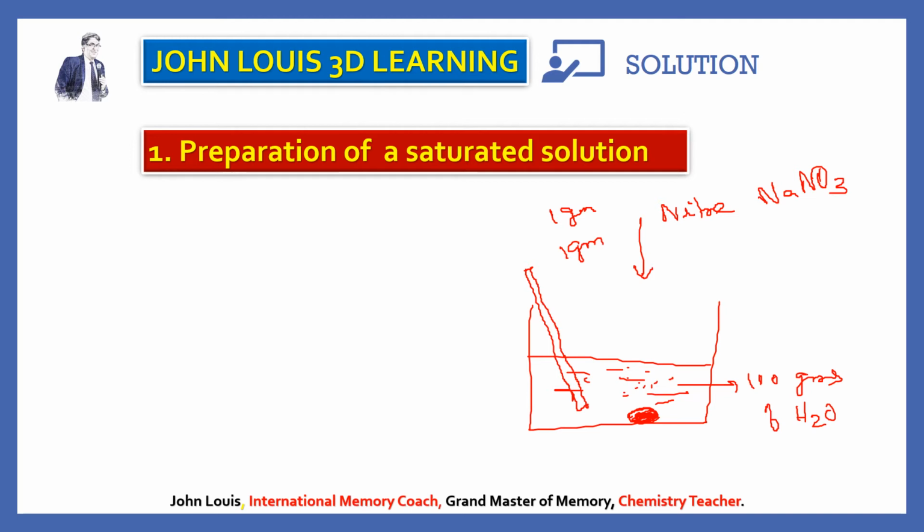So from this what we understand: take a definite quantity of a solvent, add a small portion of the solute and dissolve it by stirring well every time you add, and go on repeating the same process until no more salt dissolves. At that point we stop adding the salt and filter it, and the clear solution obtained is known as saturated solution. So this is how a saturated solution is prepared.